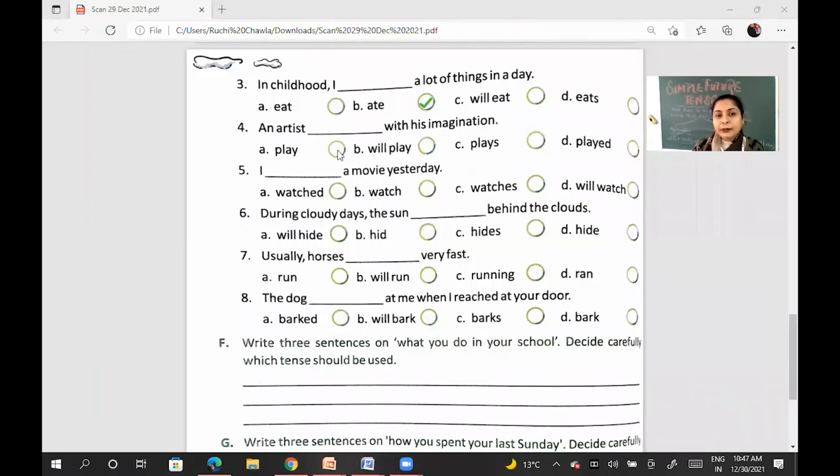Alright? So what will be the answer? An artist. It means subject is singular, right? So it means that our verb has to be in plural form. What is the root form? Play. And plural form में क्या होगा? Plays. So what is the correct answer? Plays. Number 5. I watched a movie yesterday. Yesterday यानी कि जो कल जा चुका है।